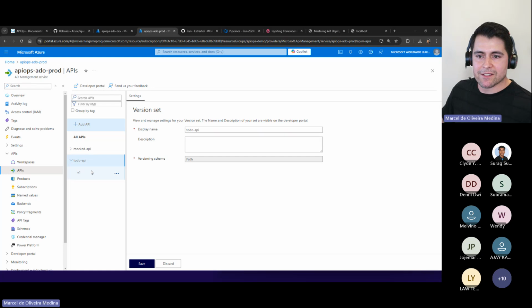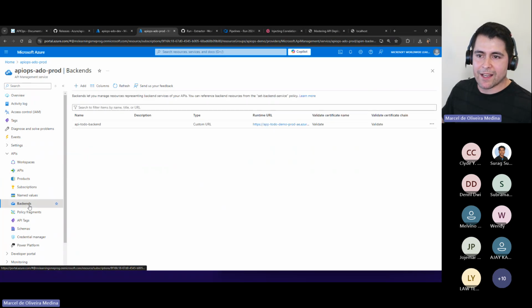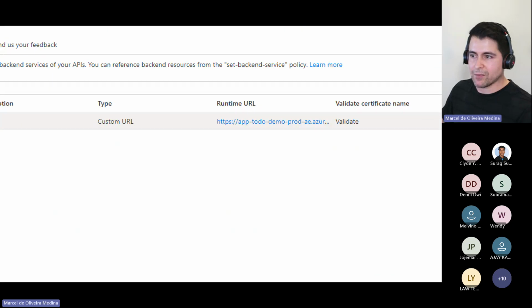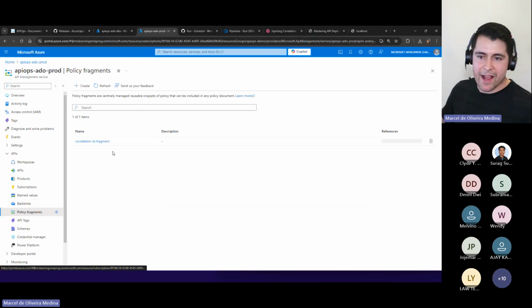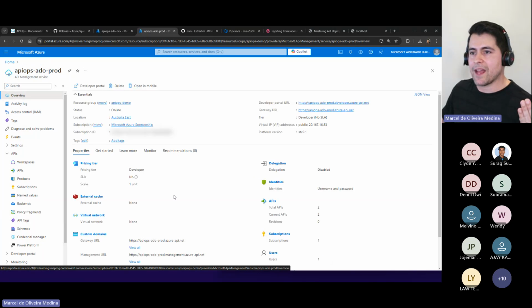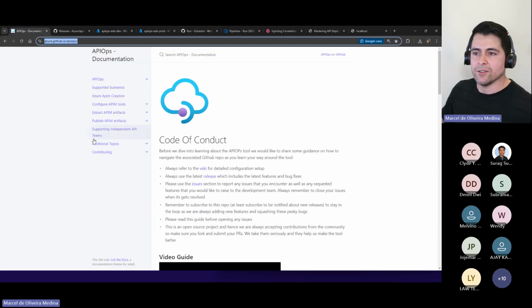Yeah, it's in here, right? V1. I should have my backends, which matches production here. Nice. So we have everything required for us to be able to do API ops.